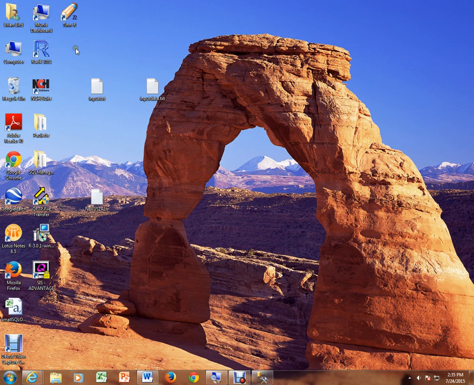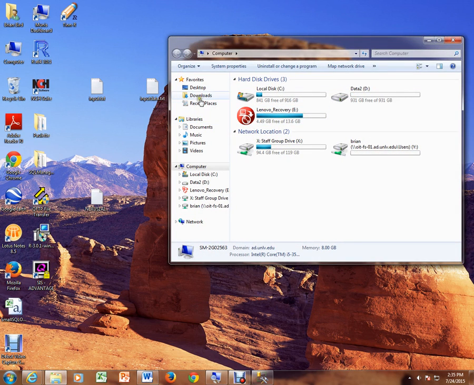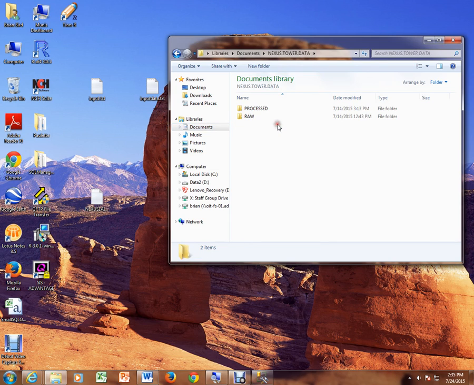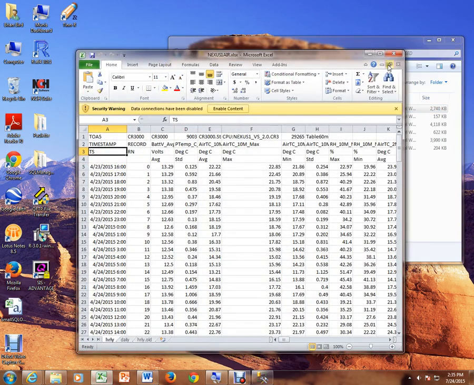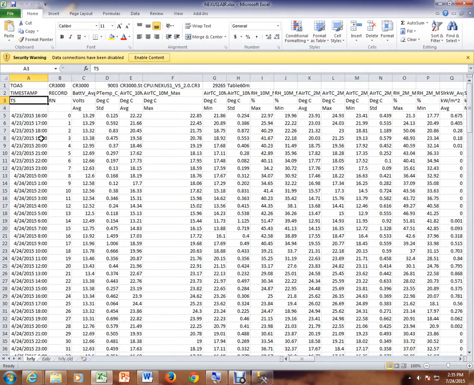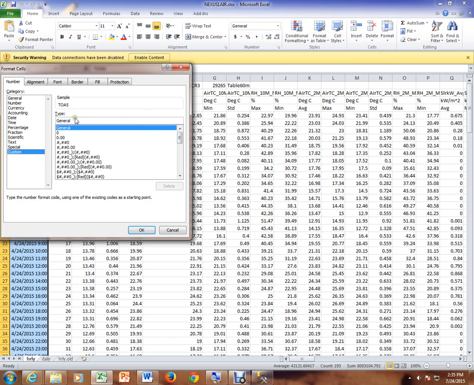Okay, so now let's say you have some weather data. And here's weather data in Excel. It's a lot of columns, a lot of data. The first thing that you're going to want to do is highlight this and make sure the date is a small date number for Excel. So you'll go into custom, and